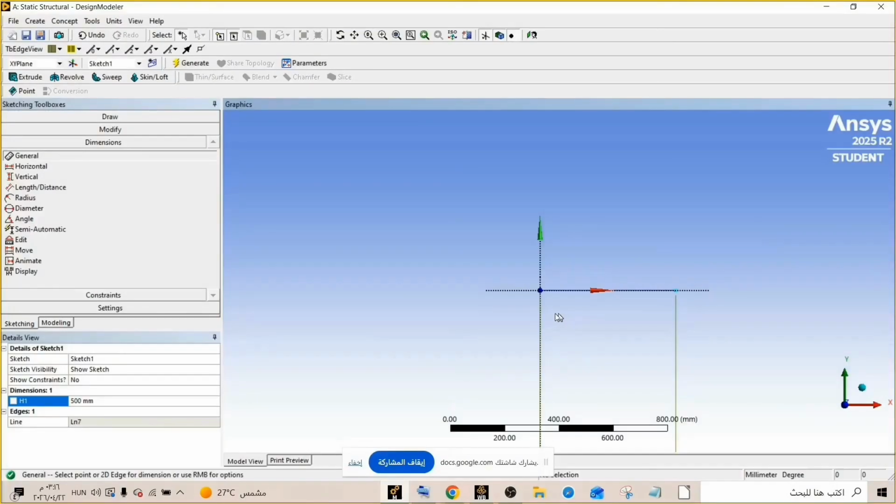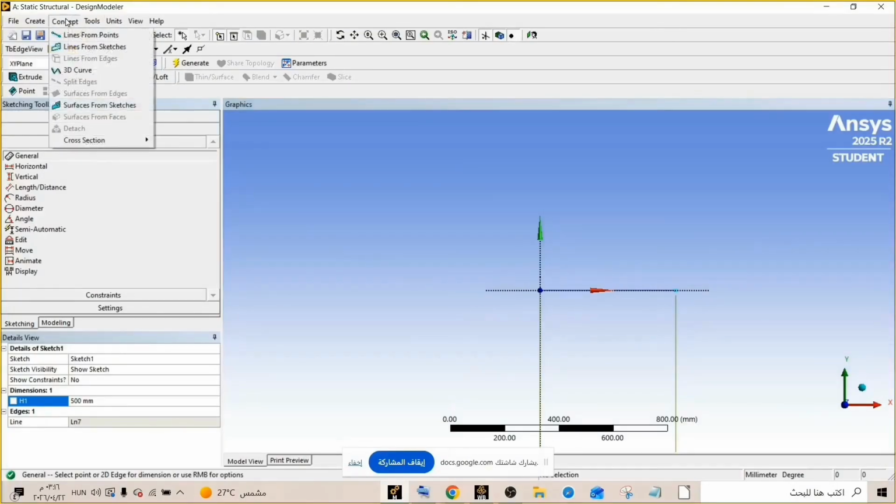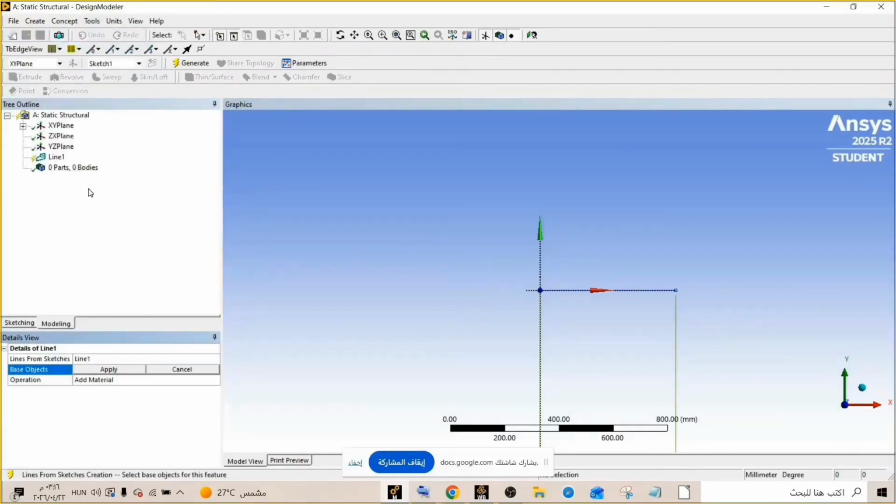Next, I'm going to generate a line from sketch. So you can do that on concept, line from sketches, and select this line, hit apply.